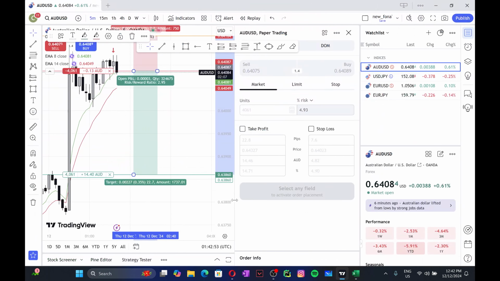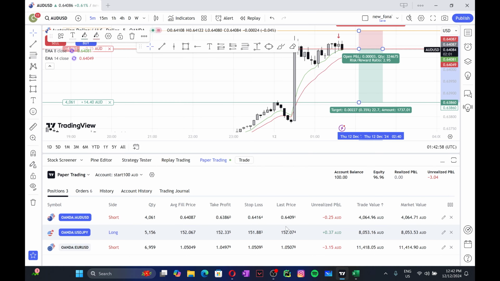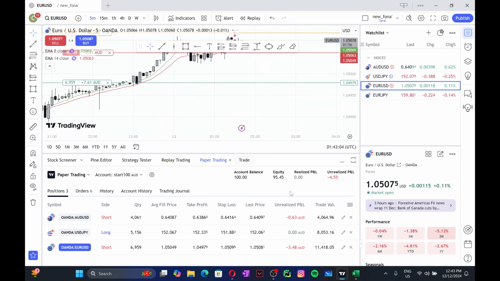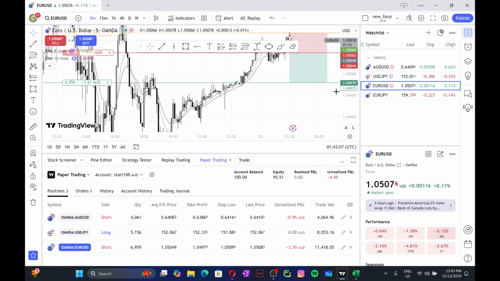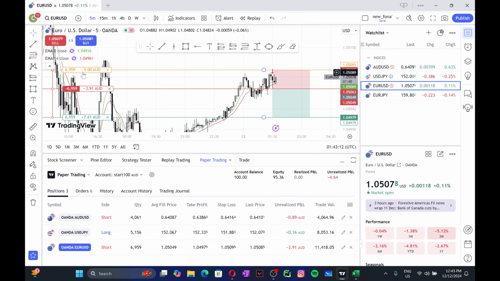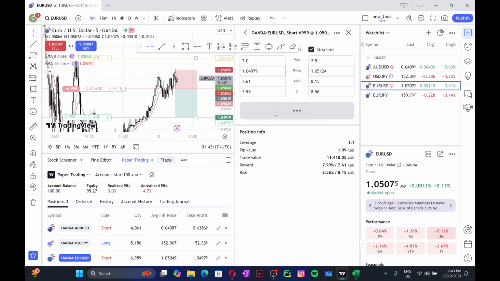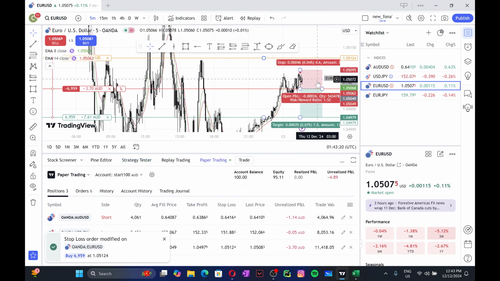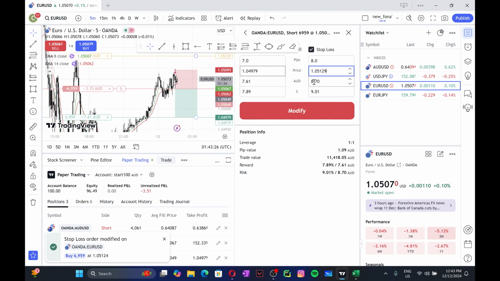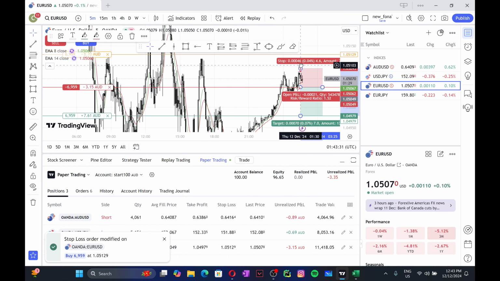Actually, I want to close this and have this open. So we're having a profit in this, but a huge loss in the EUR USD. Let's see how that is going. EUR USD, well, it's actually going up, which is really bad. So maybe I would modify this and keep it above this level to have a better chance at the trade, because I believe the price would go up to here, the previous high, and it wouldn't go any further. So I'm going to do that.